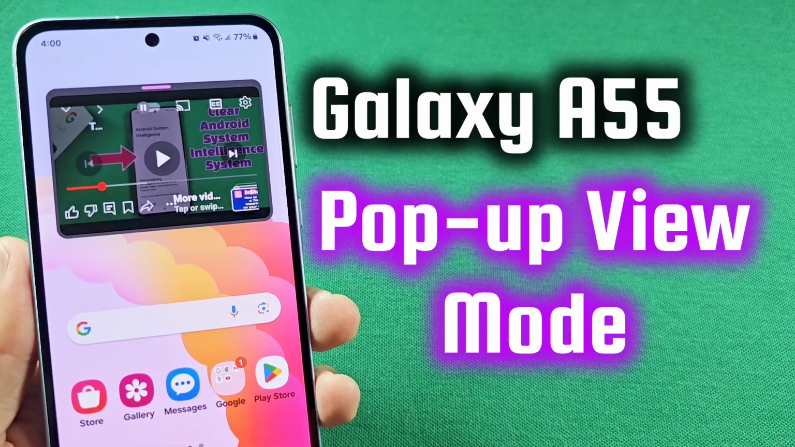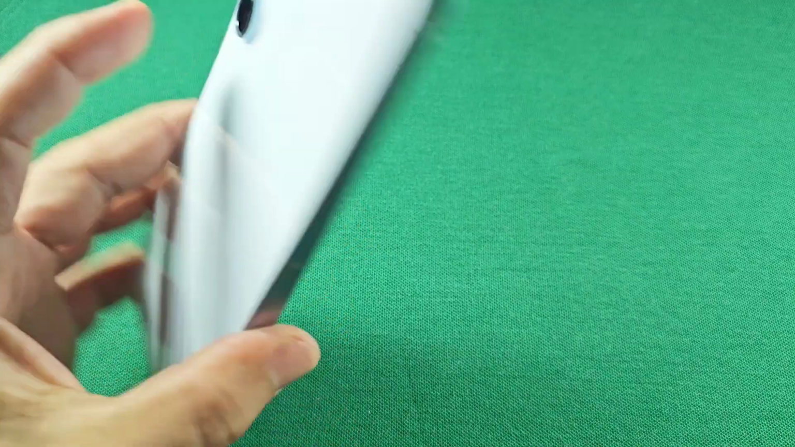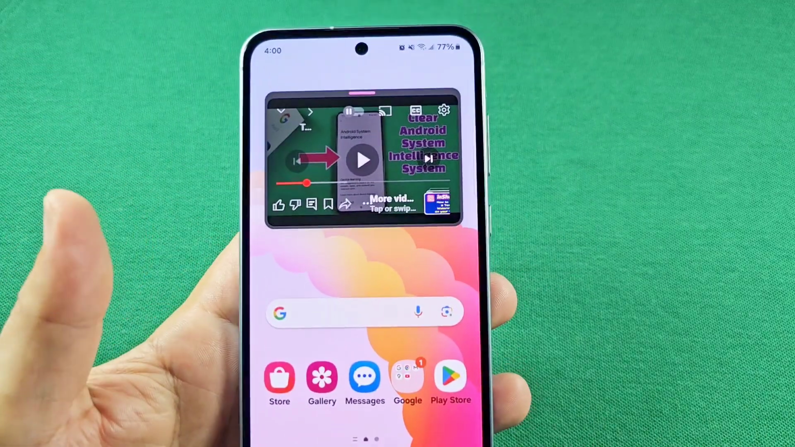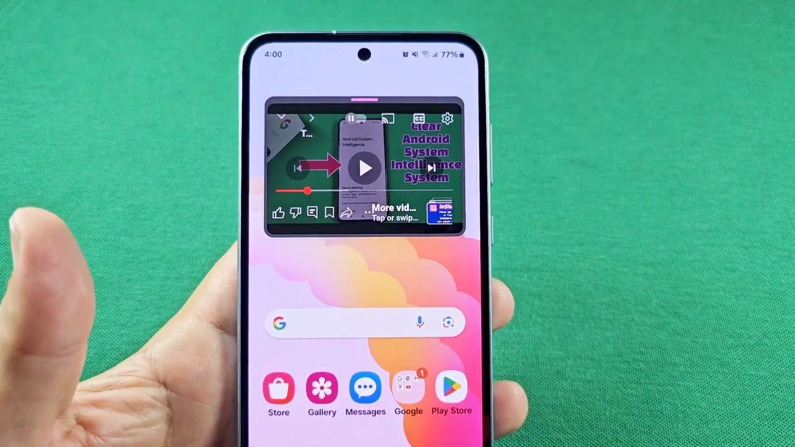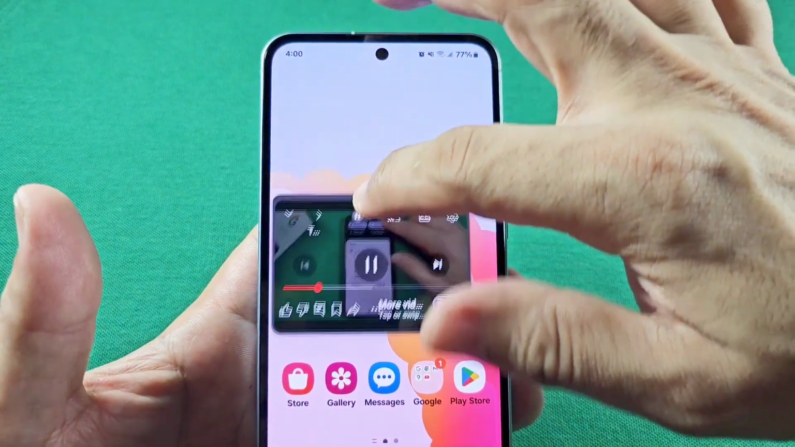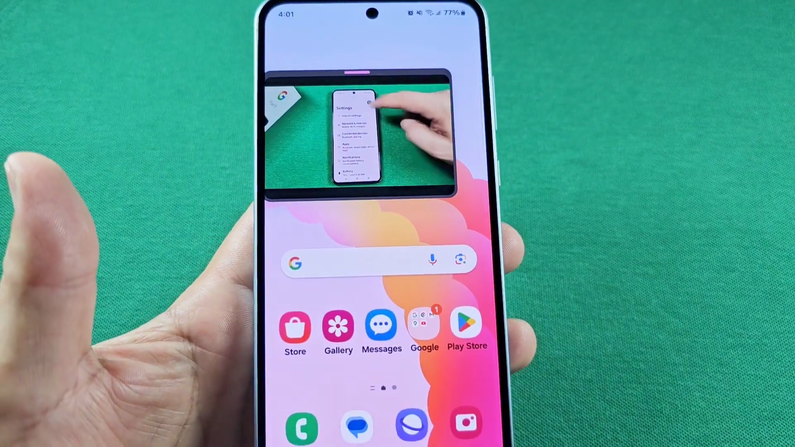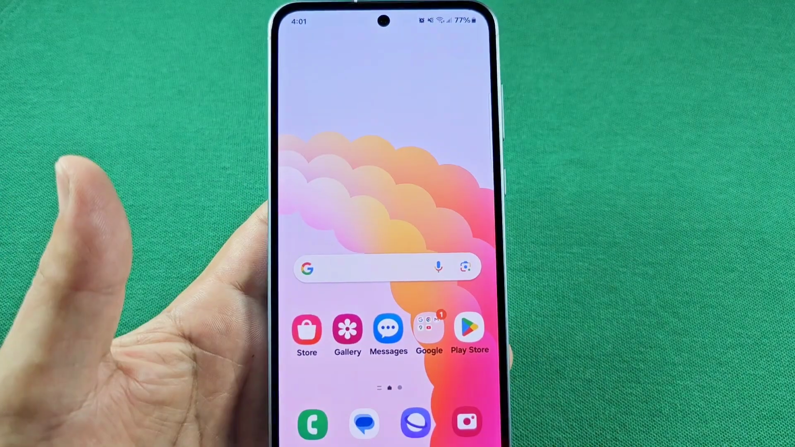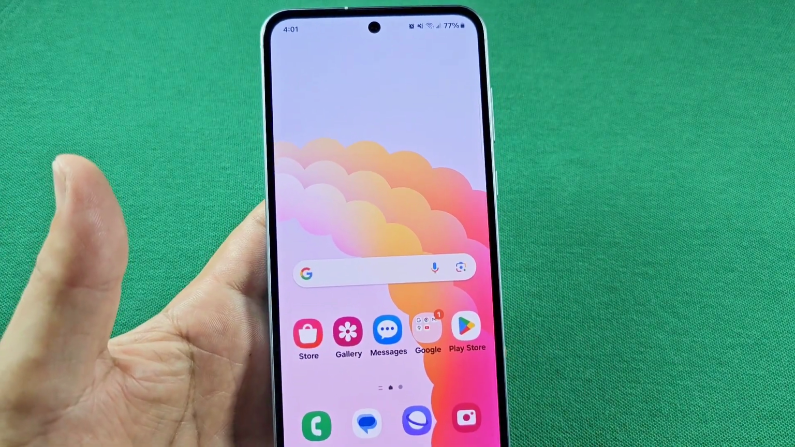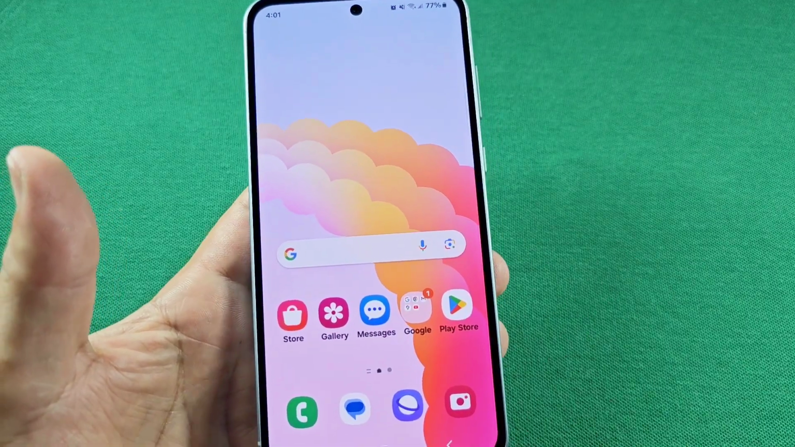Today's video tutorial, I want to show you how to go about enabling the pop-up view mode on your Galaxy A55 smartphone. This is a feature that's been around for quite a while and the A55 has it. So basically you'll be able to play your video and have it in a floating window mode like that and also operate in other apps while this is happening. This feature works for most apps on your Samsung phone, and it does work with YouTube, which is a great